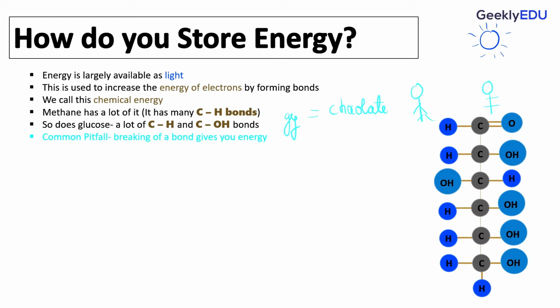Now, a very common misunderstanding is that you can break these bonds to give you energy, but it is just half of the story. You remember, nobody likes to give away a chocolate, right? So in order to get them to release the energy, you need to invest some energy so that they can be broken. You need to invest some energy to pull out that chocolate, and then you can have a net release of energy. So you can always have energy by breaking these compounds, but you will always be focused on a net release. Why a net release? Because you will initially invest some energy for breaking these.